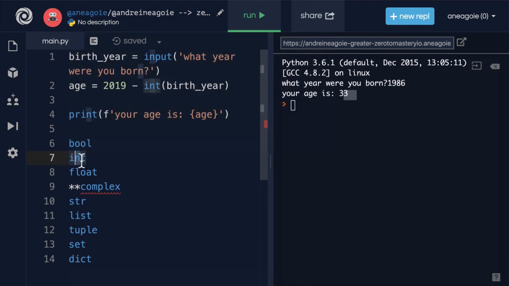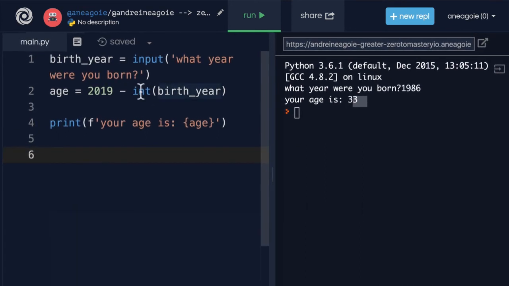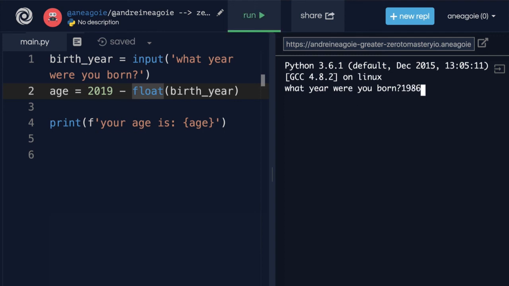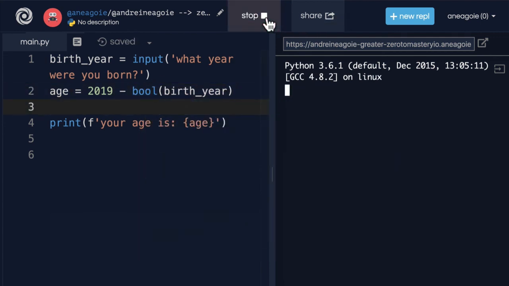And that's why, if you remember, we gave you a list of all our data types in Python, the fundamental data types, and all of them were blue because each one of these are actions, are functions that we can use. For example, I converted the birth year into an integer, but I could have also converted this to a float, for example. And if I run this, it would still work because Python knows that we can use integers and floats in mathematical operations, but you can see here that it's converted into a float now. If we convert this into a Boolean, and I click run,